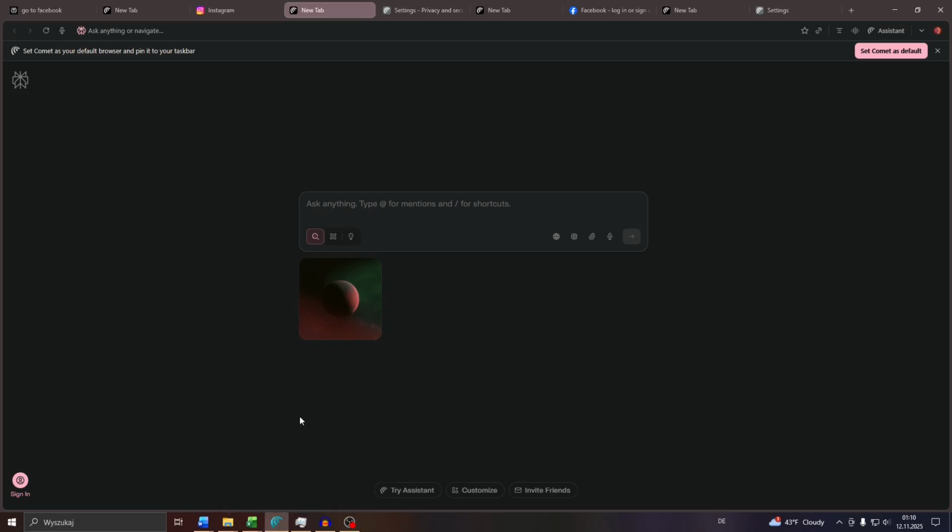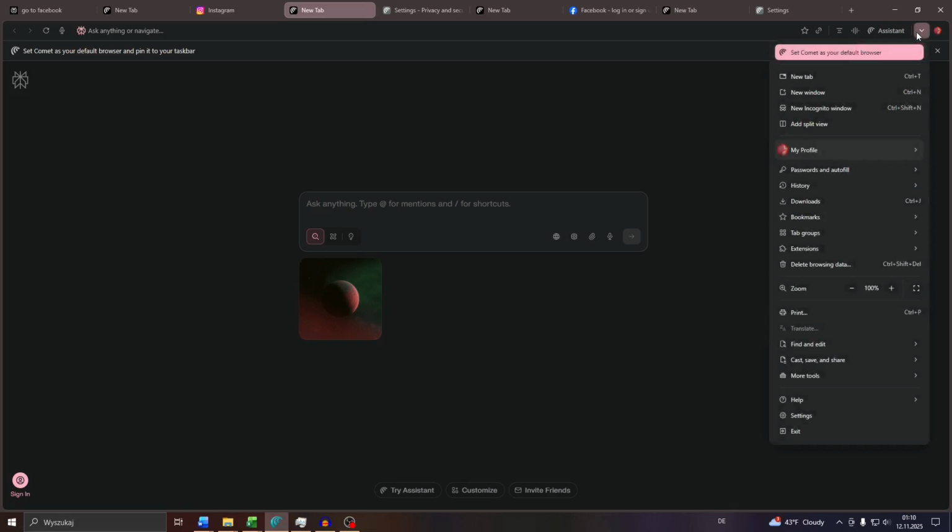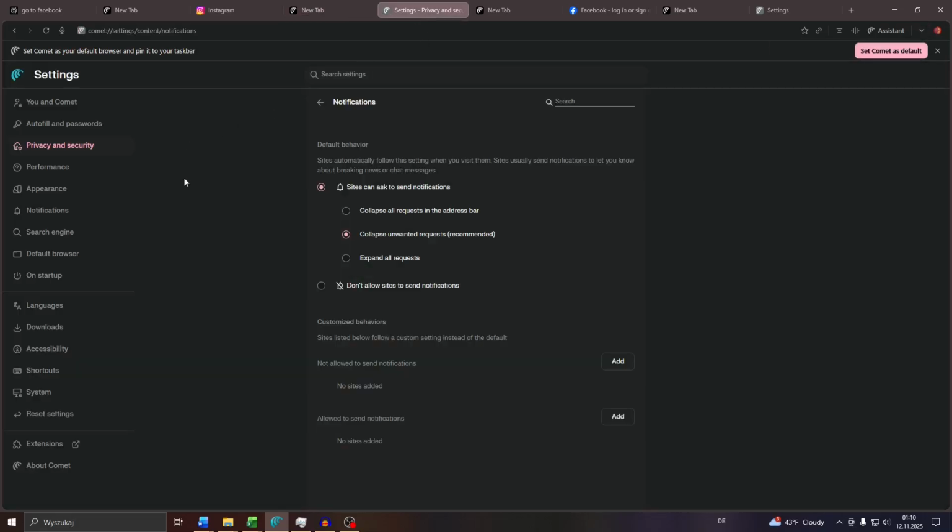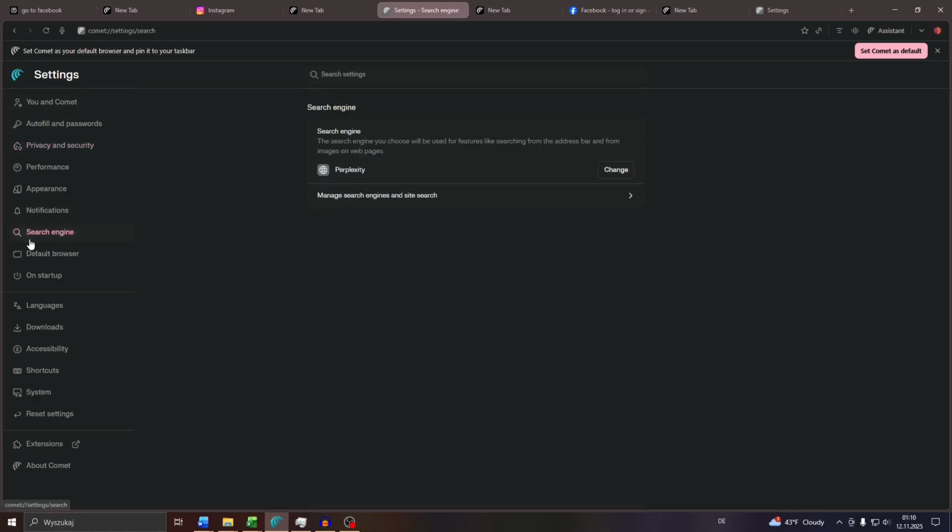In the first step, launch the Comet AI web browser, and what you want to do next is navigate to your browser settings through that arrow down icon in the top right and through this button at the bottom of that menu. Here inside your browser settings, navigate to search engine to the left. And here, guys, as you can see, as previously mentioned, Perplexity will be set to the default search engine,